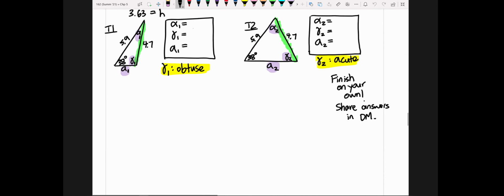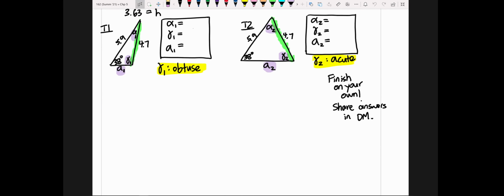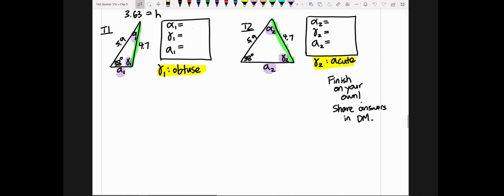Okay, so I asked you to solve the triangles on your own. I saw that we were on track, except we have to make sure that, according to this drawing, gamma 1 is our obtuse angle and gamma 2 is the acute angle. Okay, so when we solve the triangles using law of sines, we have to get the pairing. The pairing that's given to us is beta and B. So we're given